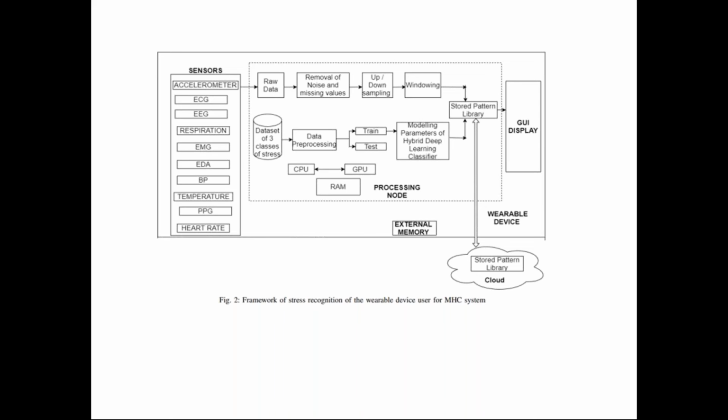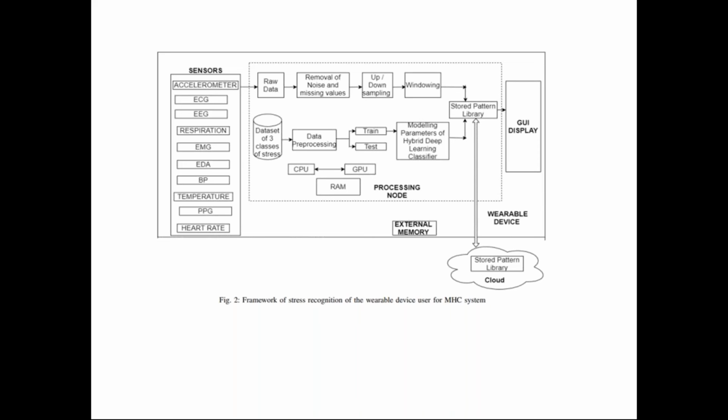You must have heard about deep neural networks, convolutional neural networks, recurrent neural networks. So a hybrid deep learning classifier was modeled, and the patterns, the model parameters, were stored in